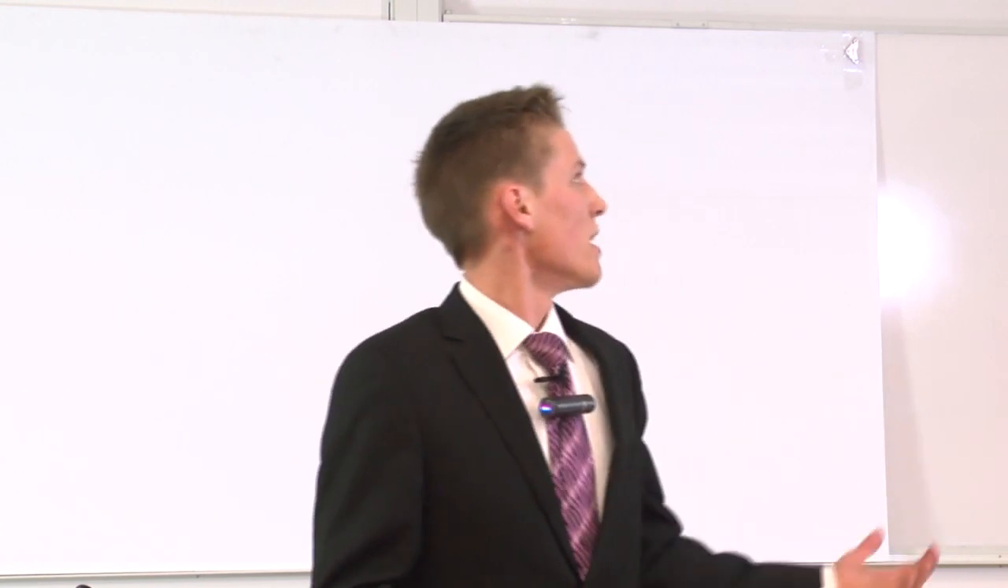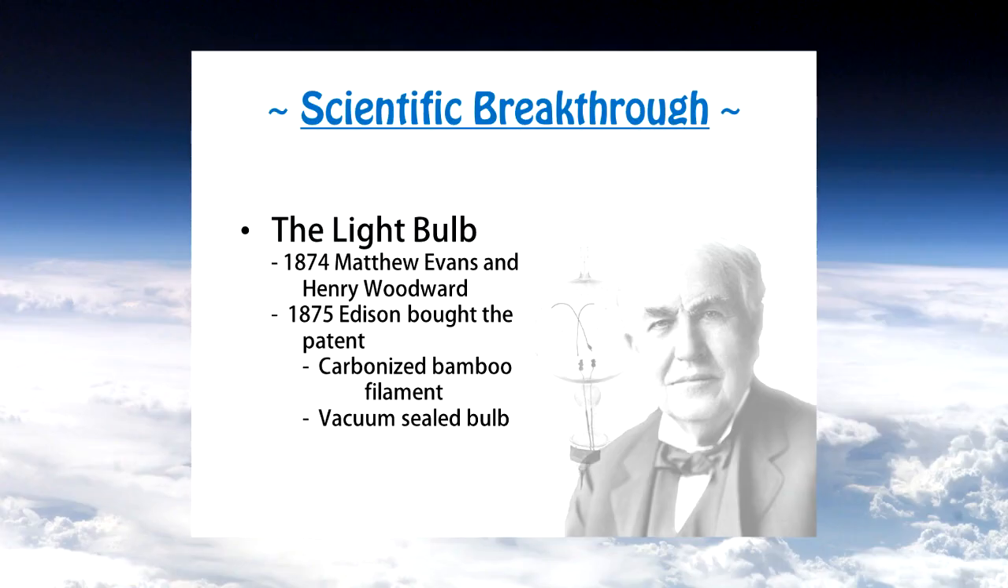Now, the next scientific breakthrough is the light bulb. So the light bulb, contrary to popular belief, is actually a Canadian invention. It was invented in 1874 by Matthew Evans and Henry Woodward. Now, their initial design just was not economically viable, it wasn't reliable, and it wasn't cost efficient, and therefore they sold the patent to Thomas Edison in 1875 for a sum of $5,000, which at the time was a substantial